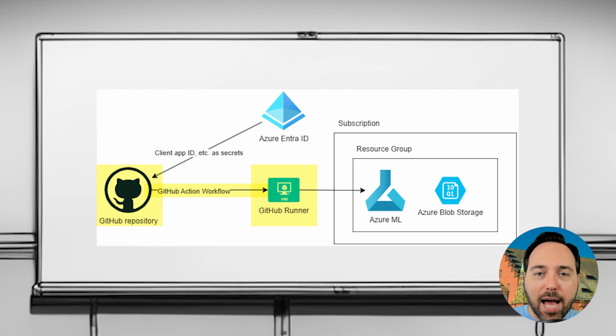Each workflow has a trigger, and when that trigger executes, it spins up a runner. GitHub runners are virtual machines hosted in Azure, and we can use them to execute code. Specifically, we'll execute the code we built when training a code-first model. That's the high-level view. Now let's go to a demo and get everything set up.